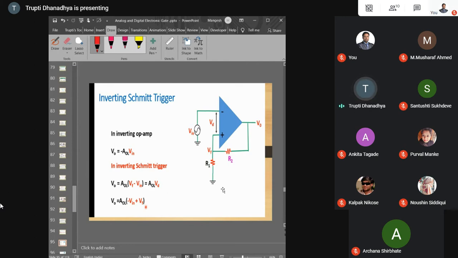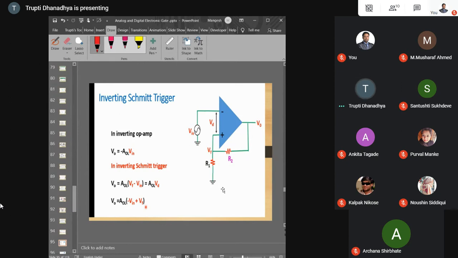So in the inverting op amp, there is a relation for the inverting ideal op amp: V naught is equal to minus A V naught V in. Of course, why is V in negative? The condition is considering that the input is more as compared to the output. Of course, it is more because we are getting the less output as a VF. That's why it comes negative. Okay, so the equation is like that.